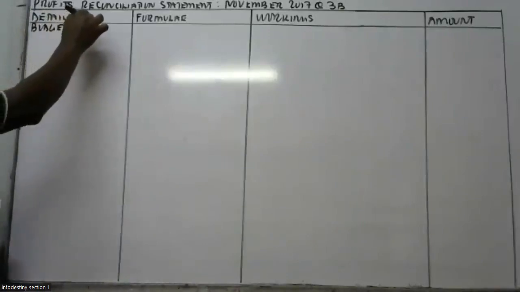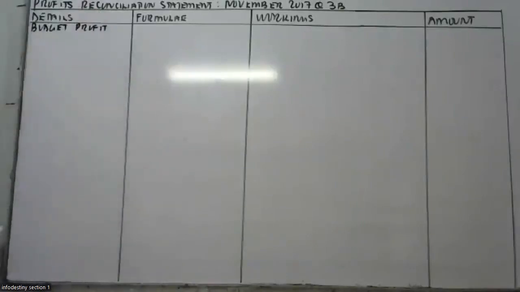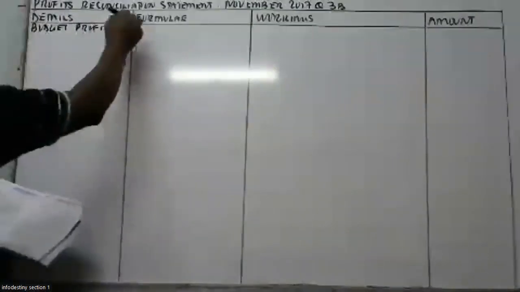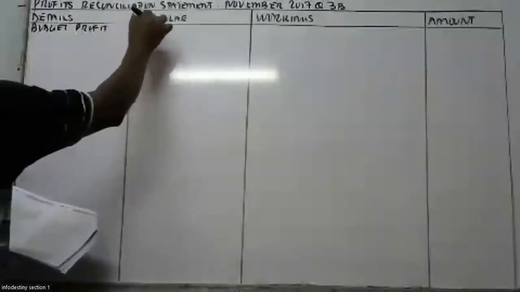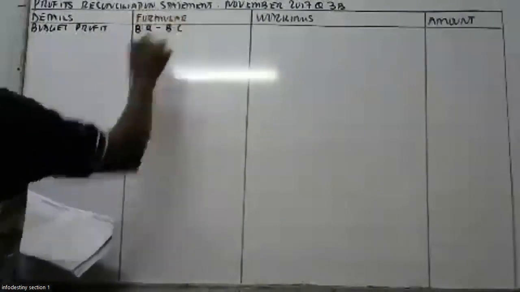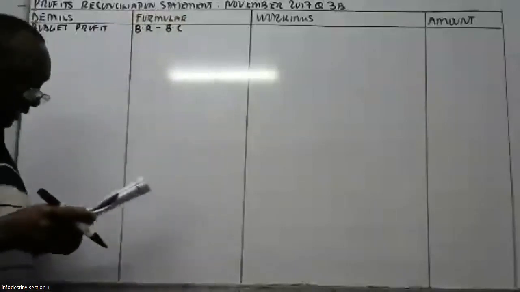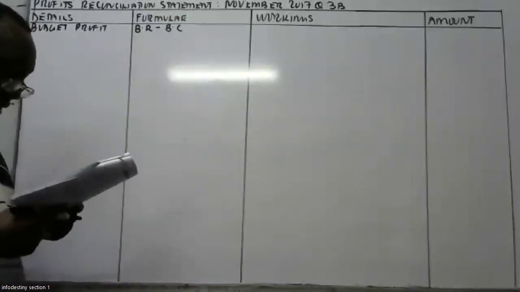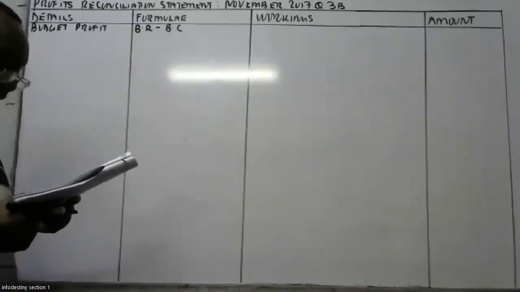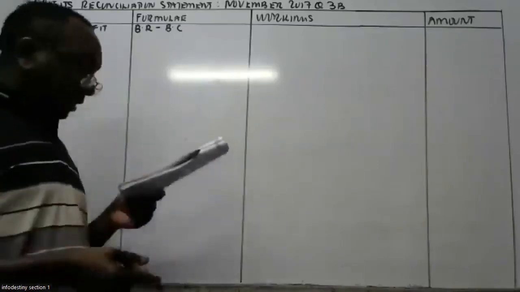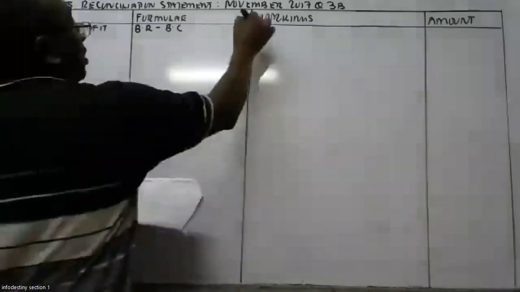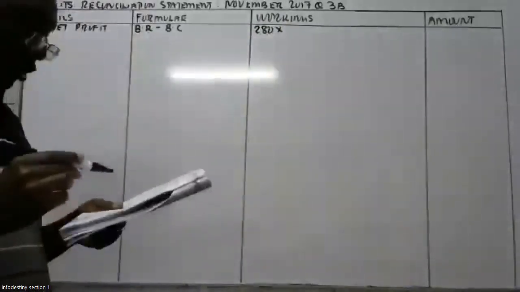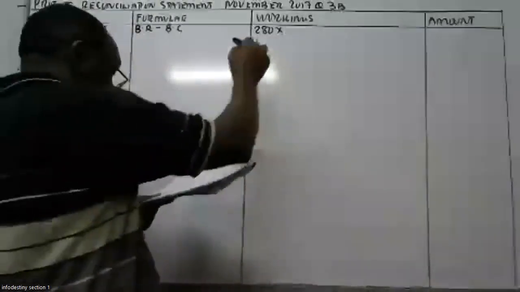Budget profits. In the formula, we are going to use the initials because we already have these formulas elsewhere. Now, this one is given as budget revenue minus budget costs. So these guys have already computed for us the profit per unit. As you can see, it is 280. 280 multiplied by the budget units of